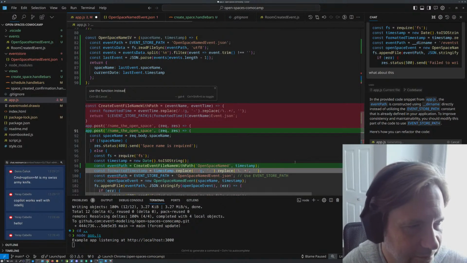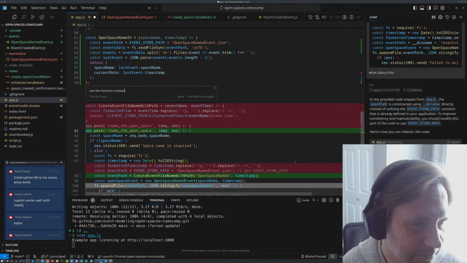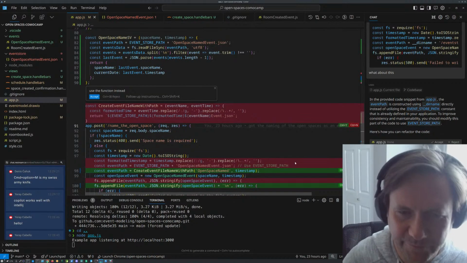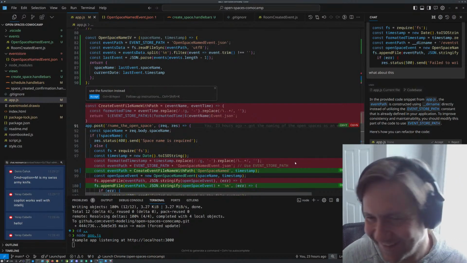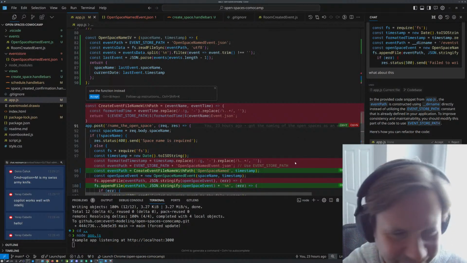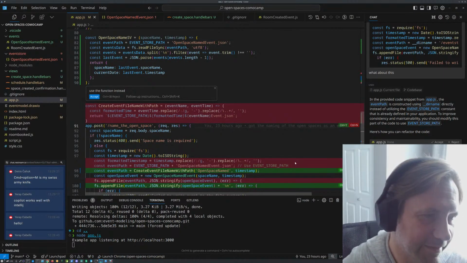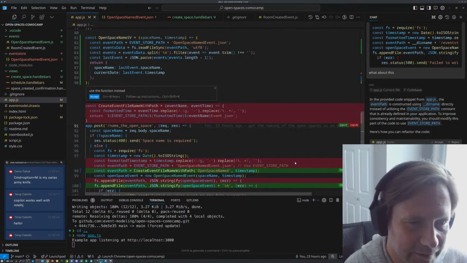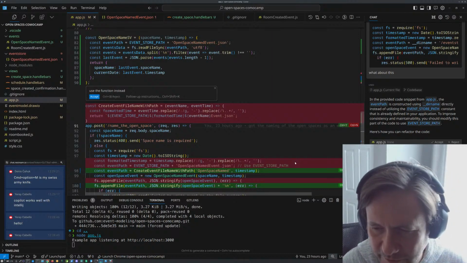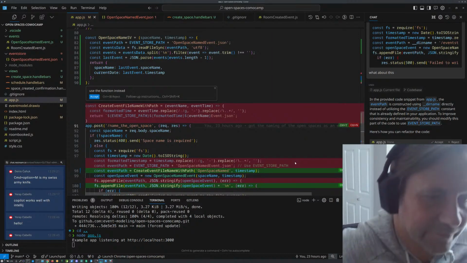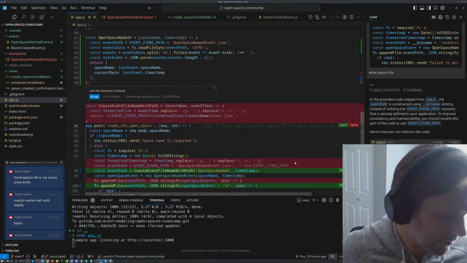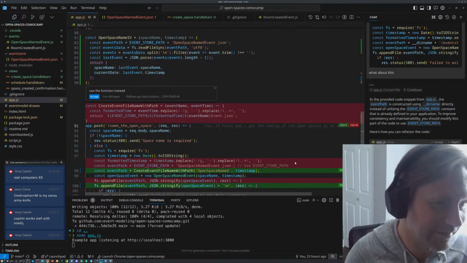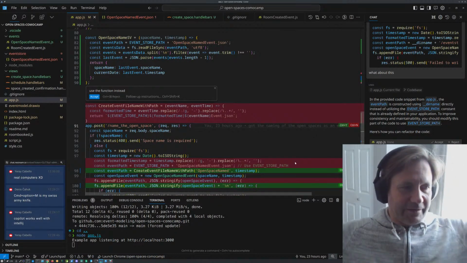Option, what are you on a Mac or something? Command option, what is that? I have Control, Alt, Super key. I don't know what you're talking about. We use real computers here. Anyway, yeah, extract method, right? Of course. Yeah, extract variable, inline variable, all of those. Control Alt B, Control B to go to definition or whatever it was. I forget. Shift F6, rename, blah blah blah. Yeah, it's crazy. Yeah, man, real computers.